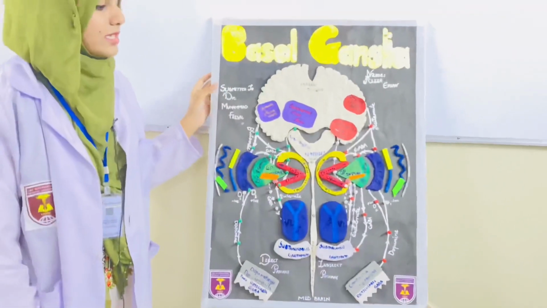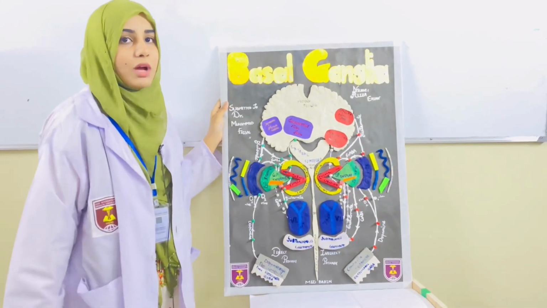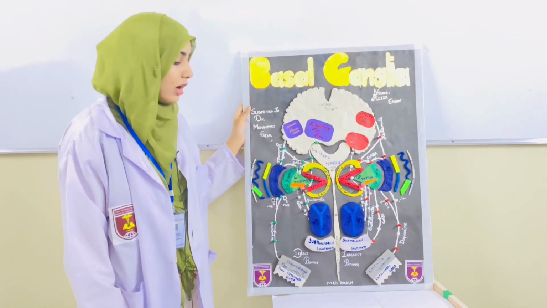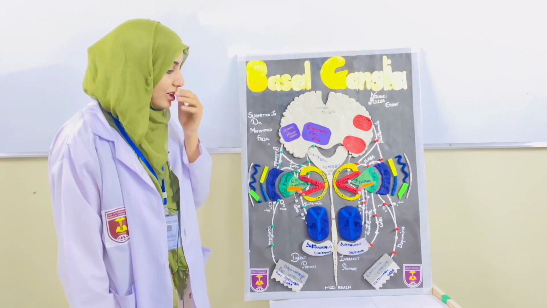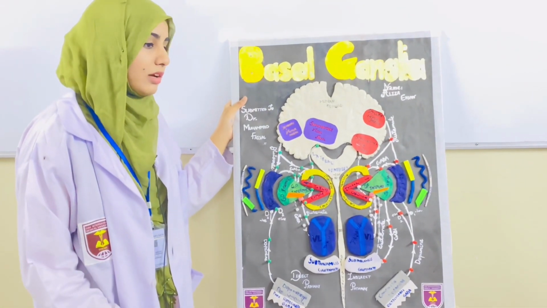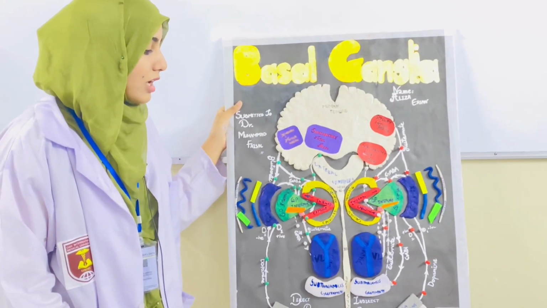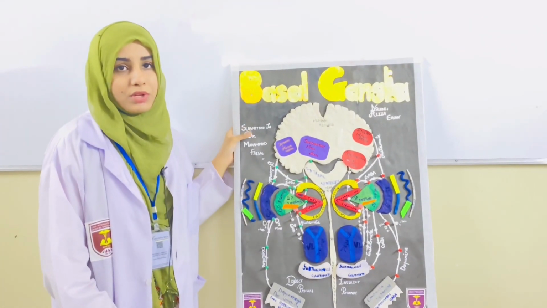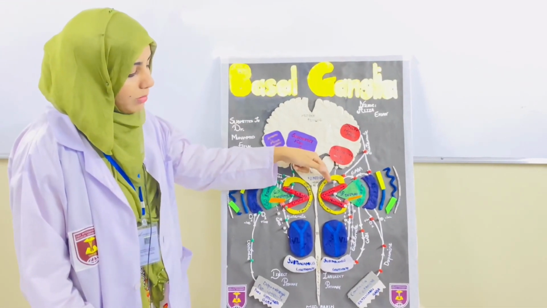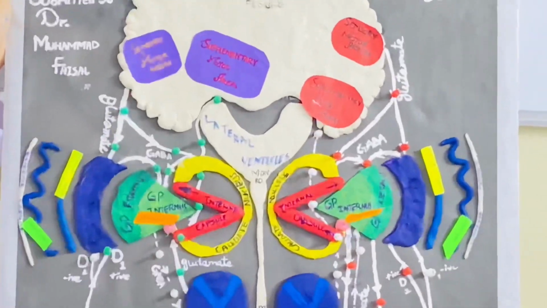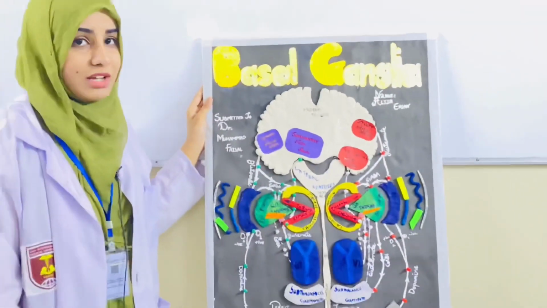The basal nuclei consist of two pathways, the direct pathway and the indirect pathway. Both work according to the disinhibition mechanism. The direct pathway helps us in those functions which we require to initiate, and those movements which are appropriate and adequate. While the indirect pathway helps us to inhibit those movements which are inappropriate.